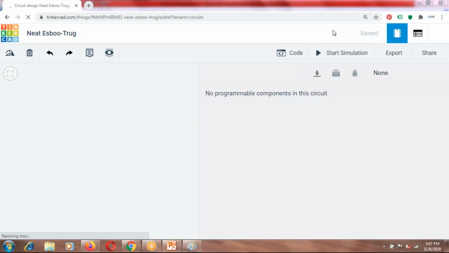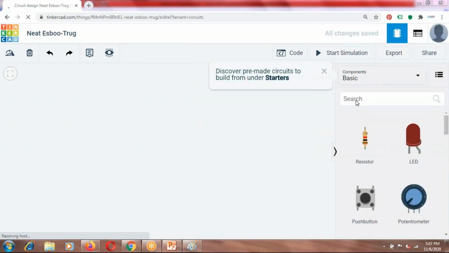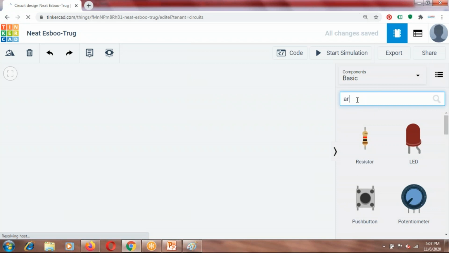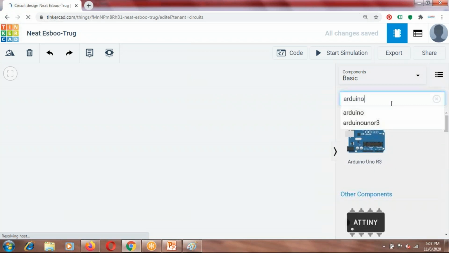Okay, so see the circuit in the Tinkercad software. Let us add Arduino to it.